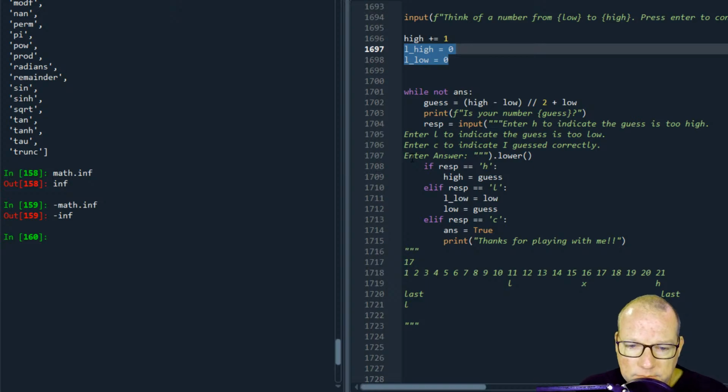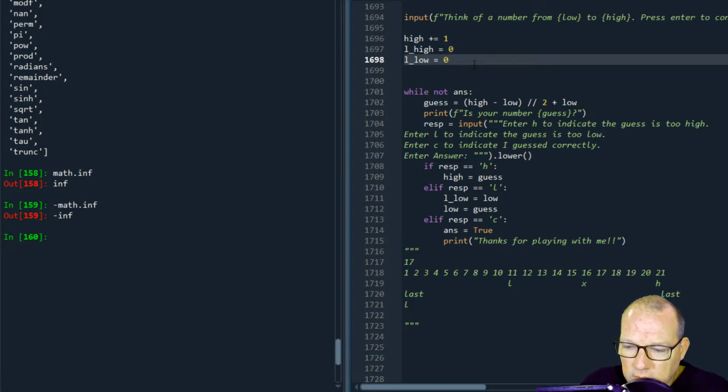All right, does everybody understand why we need to use infinity to make this correct? We need to, well, we could come in here and assign them to both, but since we're here, negative infinity and positive infinity. So